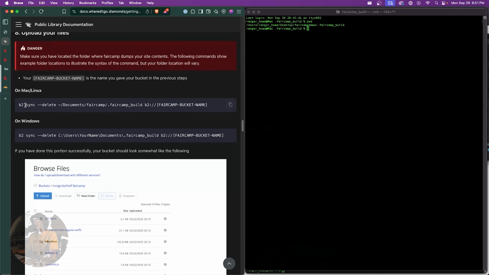We'll run the B2 sync command. You can specify the folder name by copying and pasting this, and say B2 sync --delete, and then paste the folder name. Or if you're already in the folder,